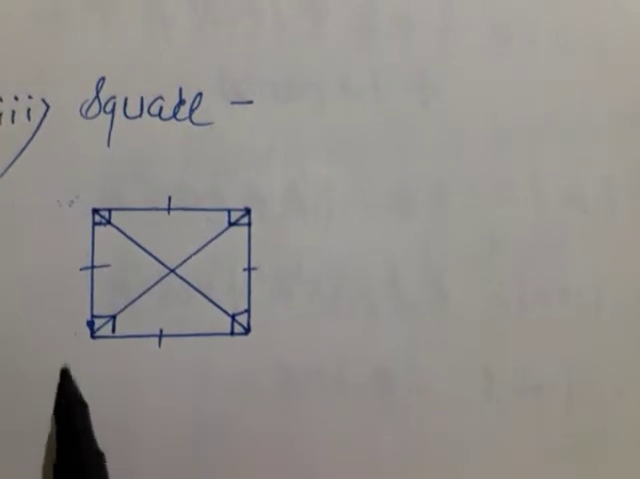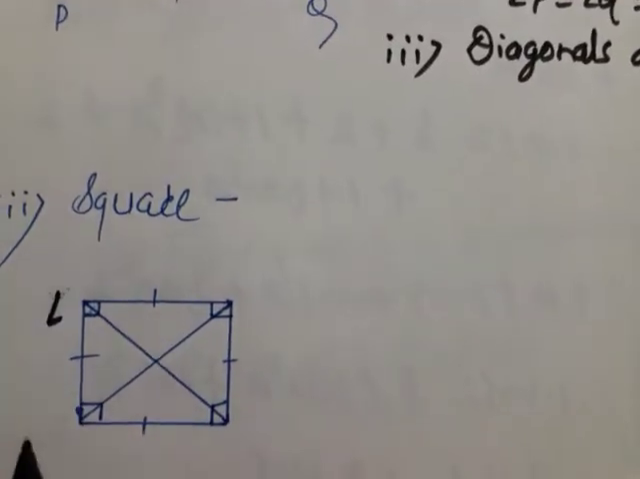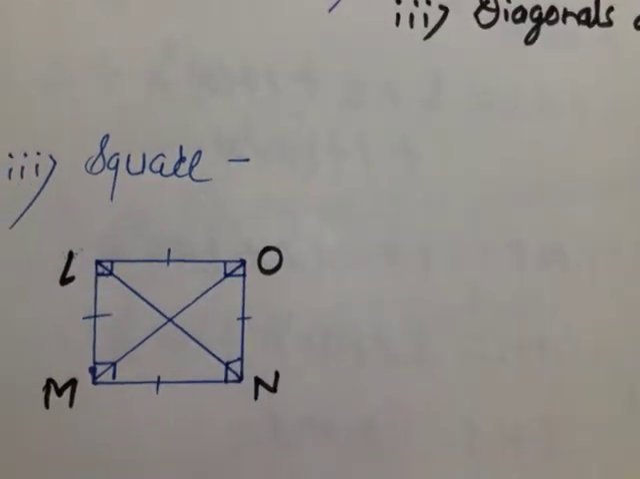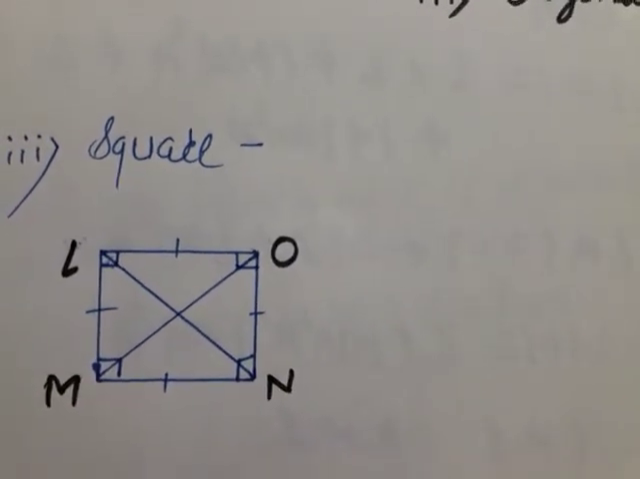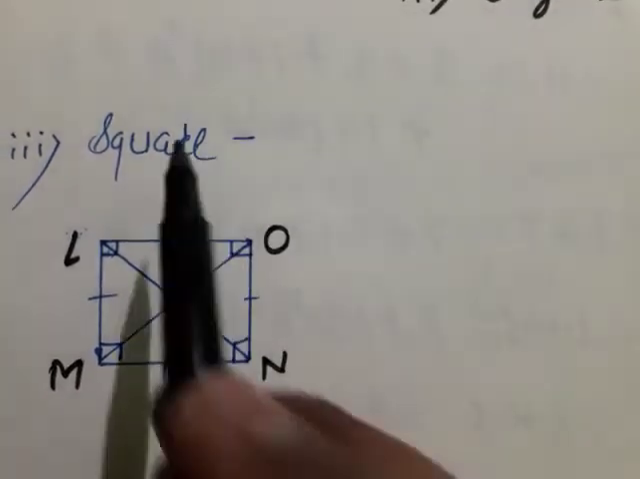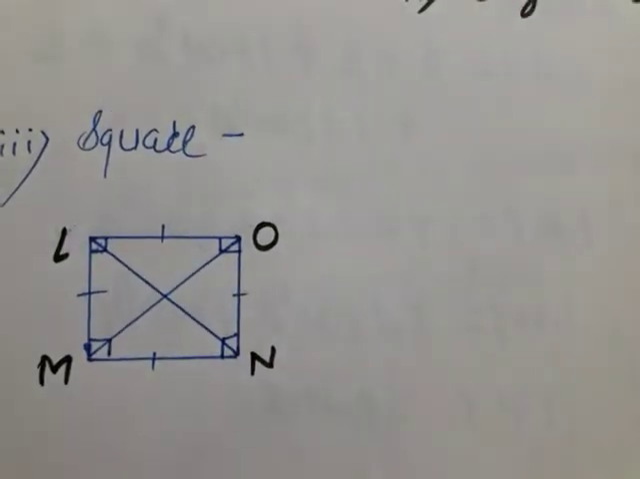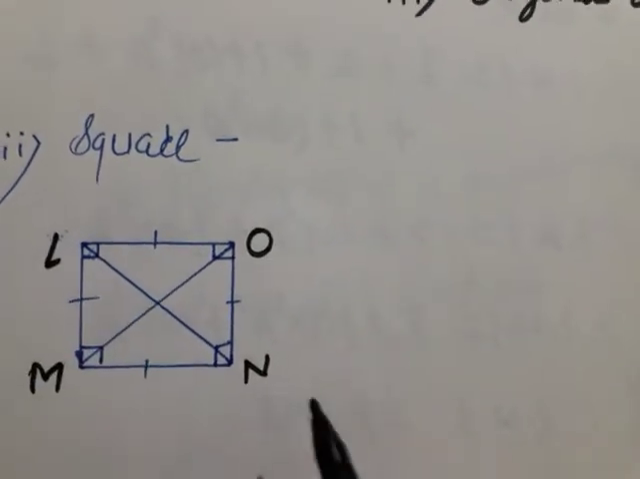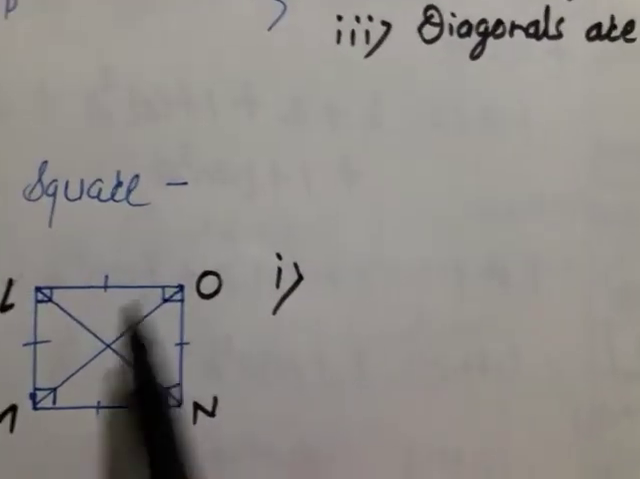I will write here the name for your understanding purpose. L M N O. Suppose here there is one parallelogram whose name is LMNO, and we are observing the square. This is one special parallelogram. Which one? Square. LMNO. After observing this figure, you will come to know the first point regarding the sides,